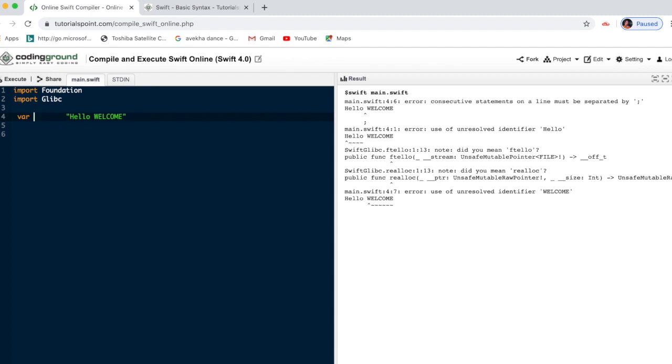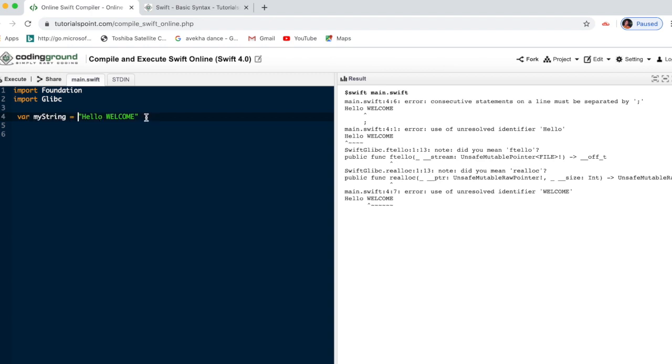I just give myString. Then equal. One thing we must give is a space, else it becomes an error.